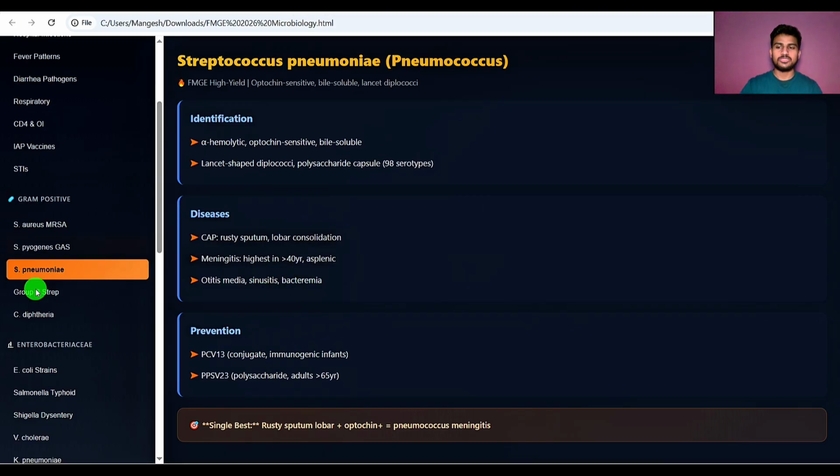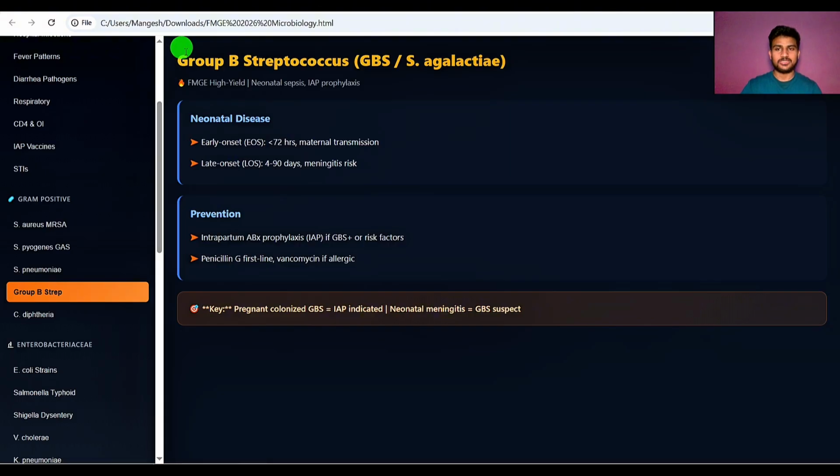Let's move towards the next topic, that is group B Streptococcus. So GBS, we already saw this in the previous topics, but still we are going to cover this in short. In neonatal diseases, there are two types of diseases. The first one is early onset, the next one is late onset. The key information that you should remember from this slide is that if a pregnant woman is mentioned in the question, and if